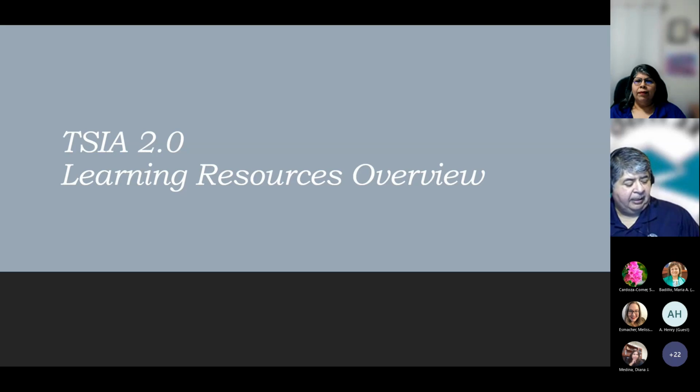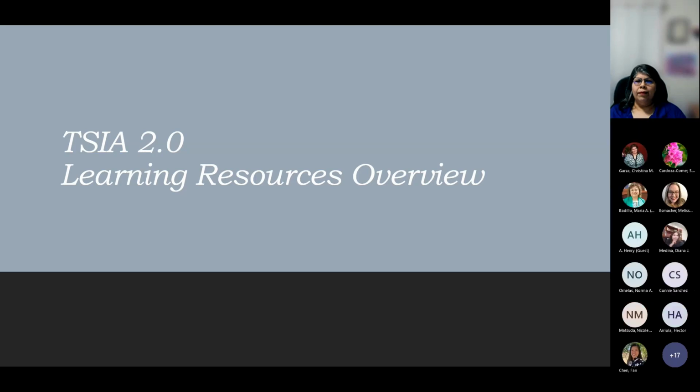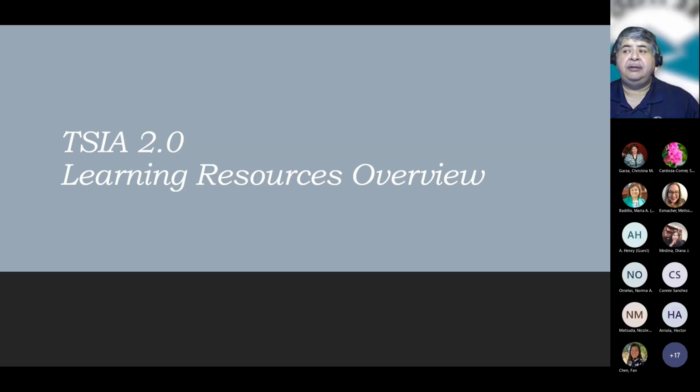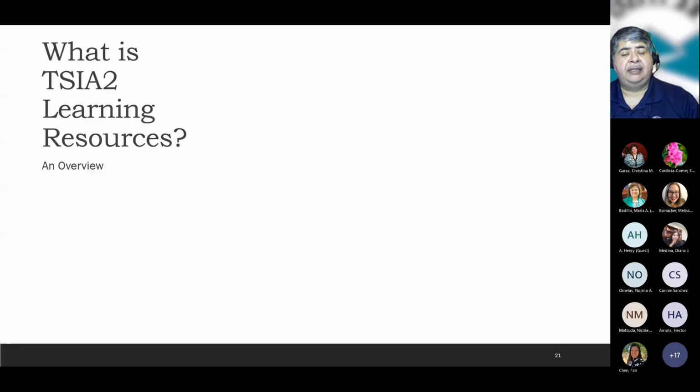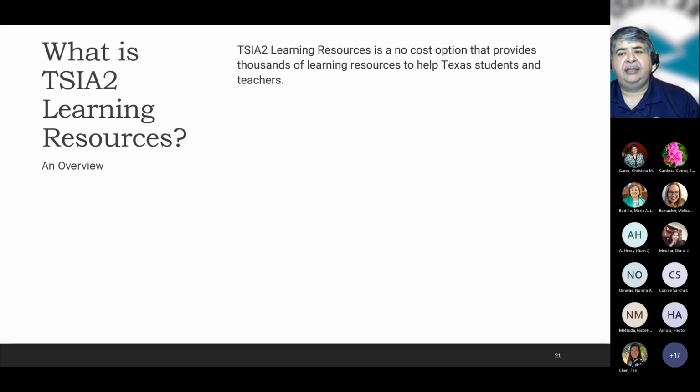Now, as far as the learning resources, when the student takes a test and doesn't pass or scores below the standard, they're going to get a learning locator code. That's what I was talking about a minute ago. You're going to ask yourself, what is it for? Basically, it's a no-cost option that the state is providing to the students.